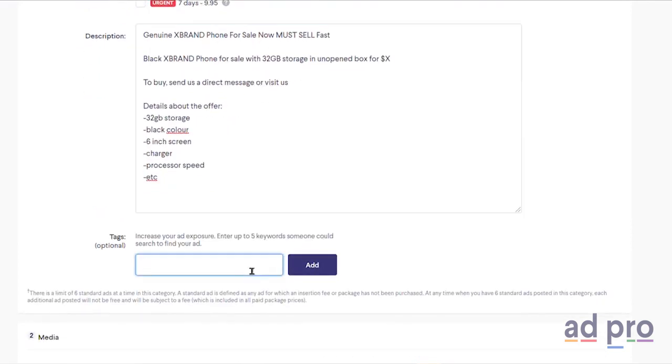Selecting appropriate tags is important. These are potential keywords someone may be searching for on Kijiji that will be associated with your listing, so make sure they are relevant to your product and something you feel would be highly searched for. In our example, we are going to put